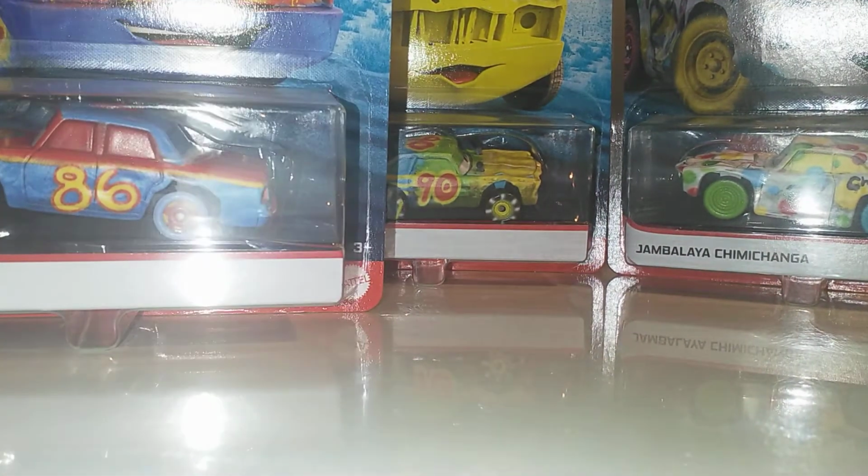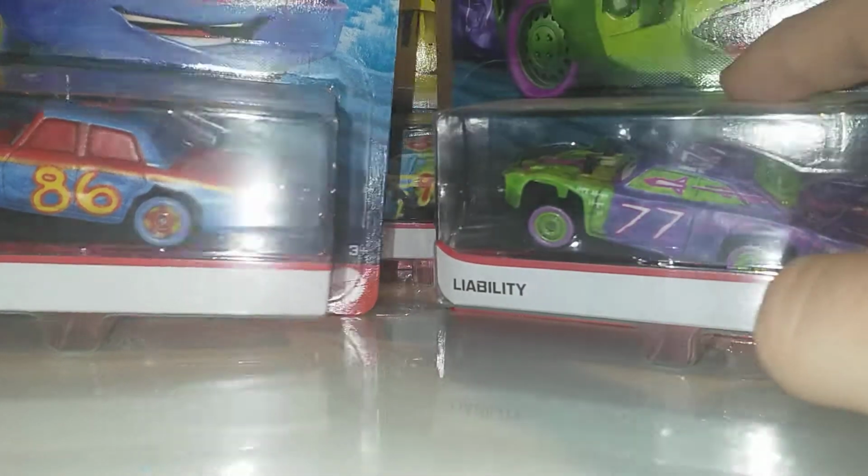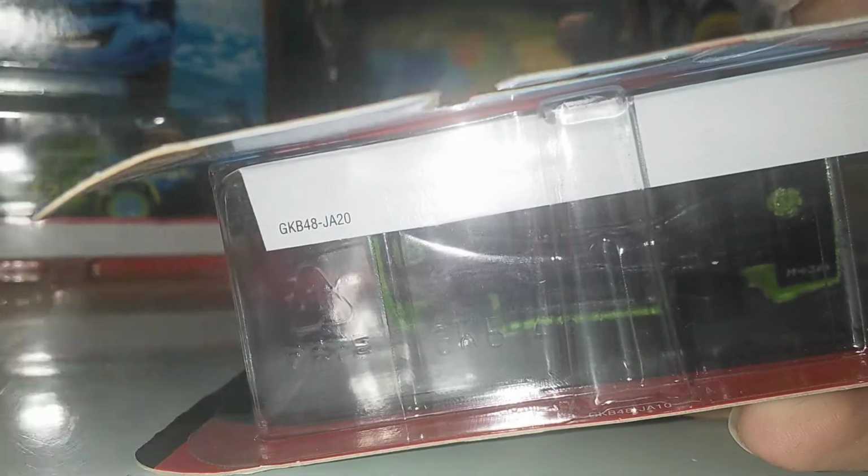We got them all here. We've got Bill, and we've also got Liability. Liability was the first one to get released. Then I believe it was Jambalaya Chimichanga over there. Then it was Bill. Then it was Superfly, and then it was Airborne in that particular order too. So let me know in the comments below which is your favourite. I will quickly bring them all out here